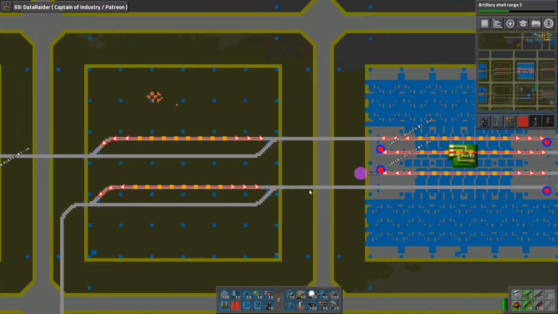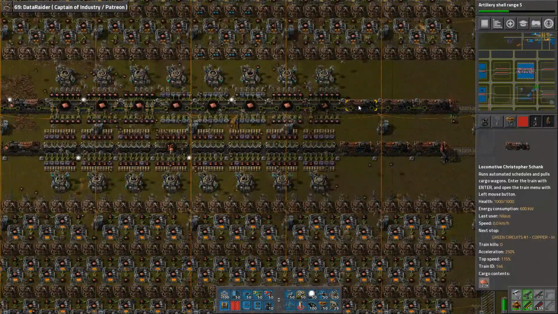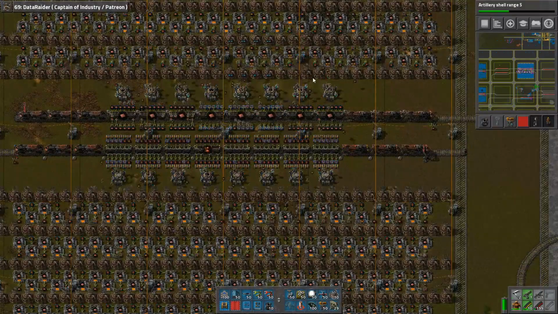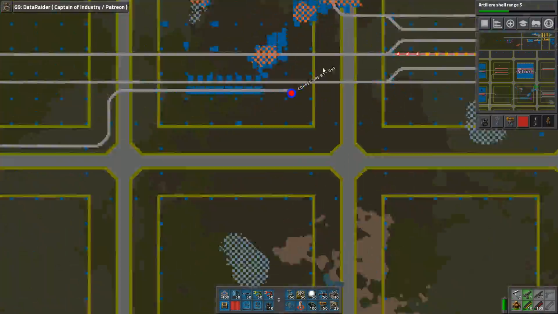What are you waiting for? You're waiting for that one. What is going on here? Yeah, it is 27. Well, the one thing that is interesting is the fact that this one should be working a lot faster. So it's not actually, if I look at this copper here,